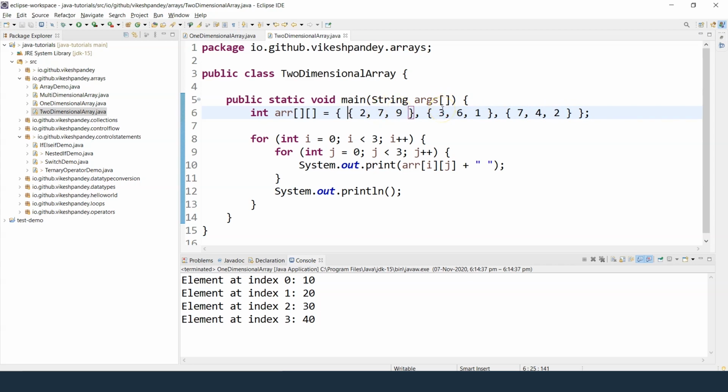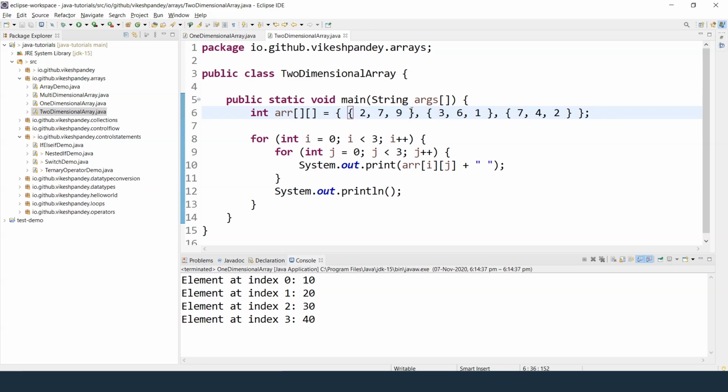Similarly, second row, first column, second row, second column, second row, third column, and third row, first column, third row, second column, and third row, third column. So individual values are represented as columns, and the whole curly braces is represented as an array. That's the basic mental image you should have while declaring a two-dimensional array.